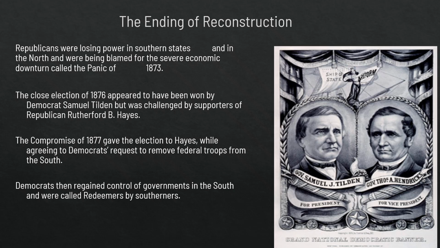Not a good time. So the New Democrats, which are known as Redeemers, are going to regain control in the southern state governments. They're going to roll back many of the civil rights, all these different gains and progress that were made during Reconstruction are just going to go back. The compromise is really this turning point for African Americans in the South. They are left very vulnerable. They're left without military protection, and they're going to be left to discrimination and violence.